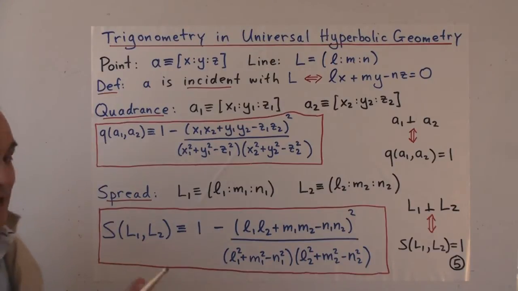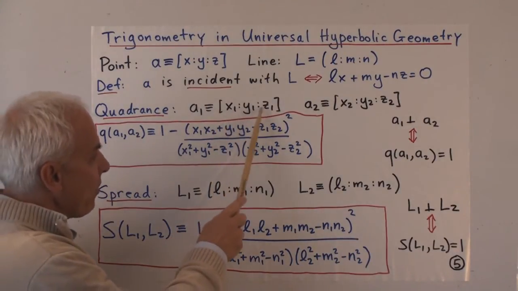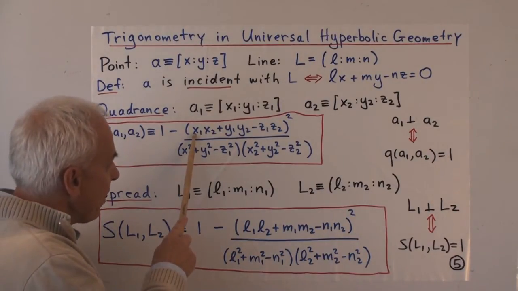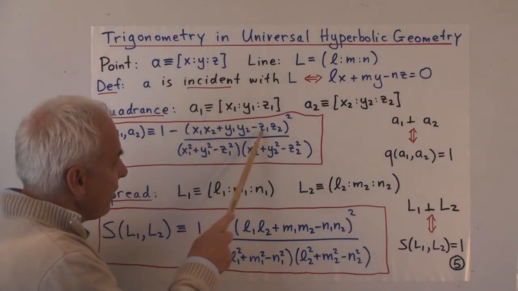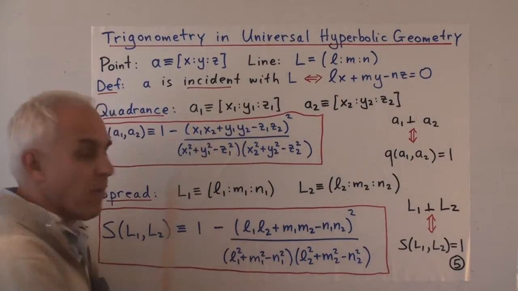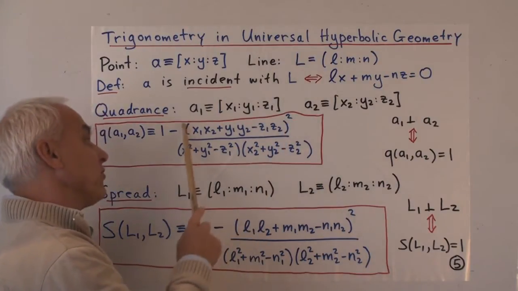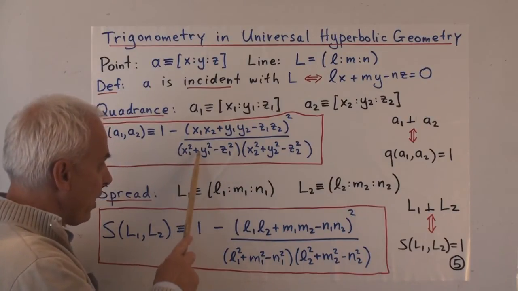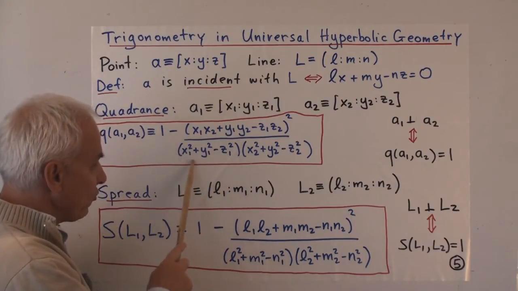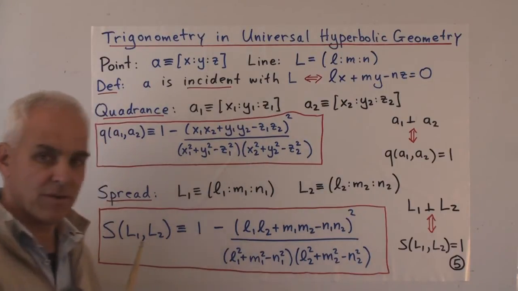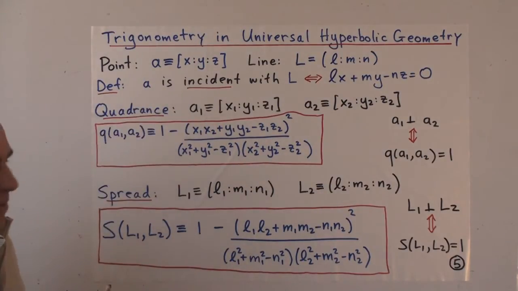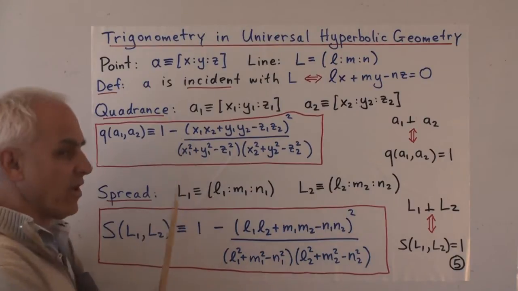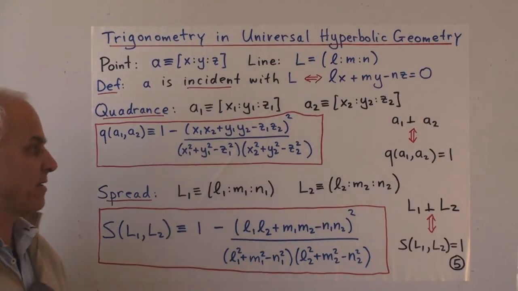The first thing to note is that this is actually well defined. So if you multiply x1, y1, and z1 by some number, like 5, then this is multiplied by 5, this is multiplied by 5, this is multiplied by 5, so that whole thing inside there is multiplied by 5, and when we square it, we get a factor of 25 coming out. Down here, this is multiplied by 5 squared, by 5 squared, by 5 squared, so there's a factor of 25 coming out of here. This is unchanged. So the 25s cancel, and that means that when we multiply this by a scalar, the quadrance doesn't change. So it really is a well-defined quantity.